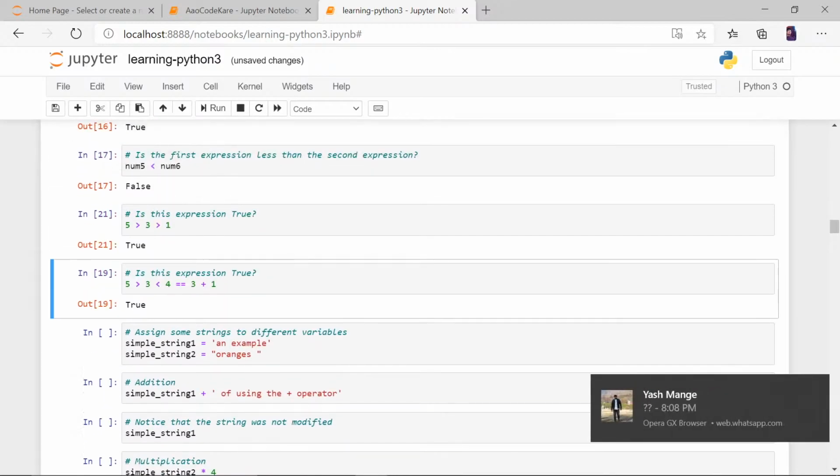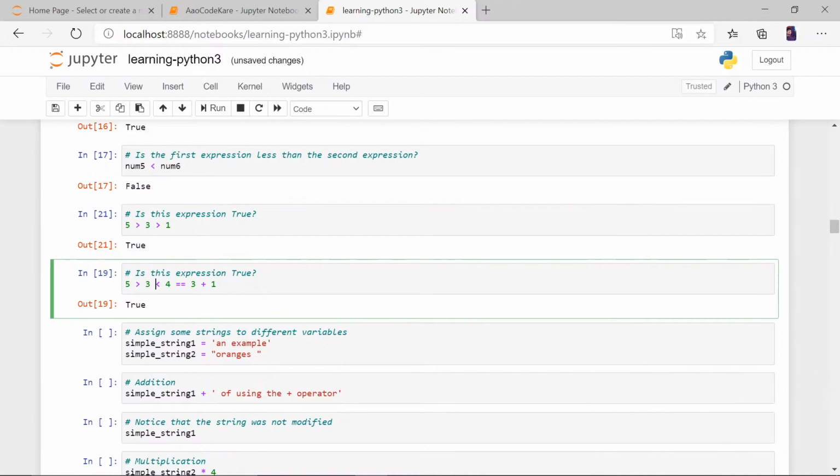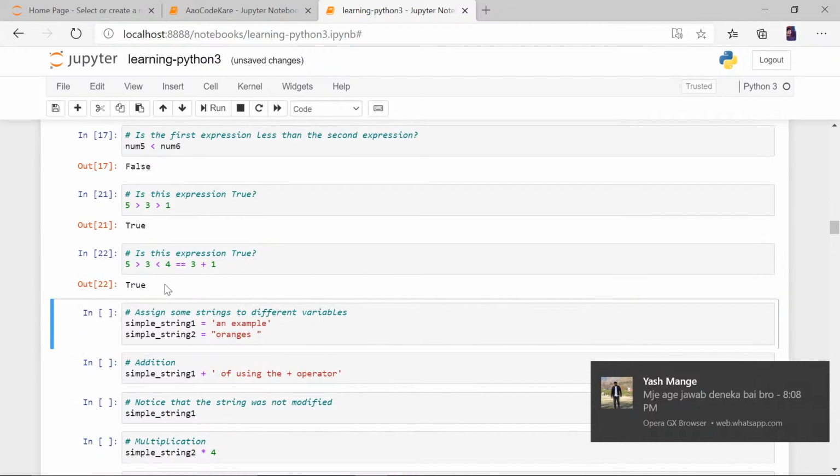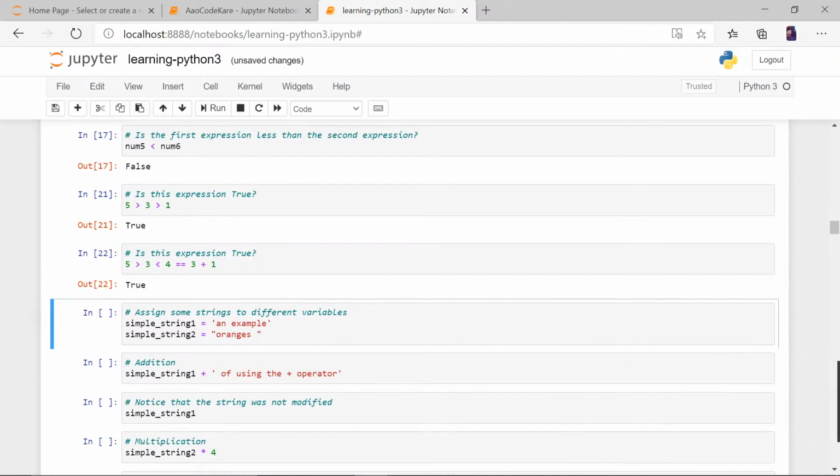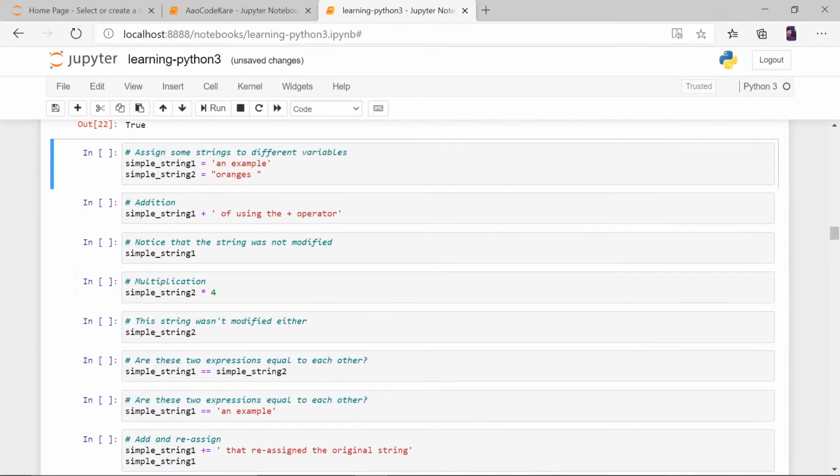So 4 and 5, exactly in between them. So this would be true. So 3 plus 1 is equal to 3 and also 3 is between this. You can compare and do things at the same time.